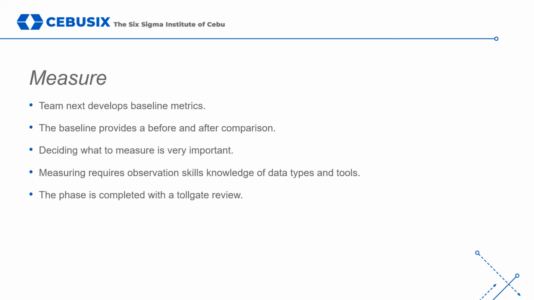Once a team has a good grasp of what the process does and how it works, what the problem is, and what the goals for the project are, the team moves from the define to measure phase. Usually the transition between phases is marked by a tollgate review, wherein the team presents its defined work to a champion or Six Sigma leadership board. The champion or board provides feedback and makes the decisions about whether the team is ready to move on to